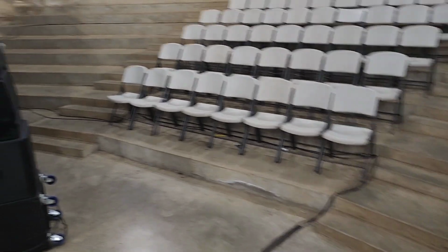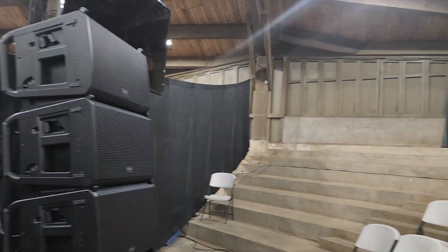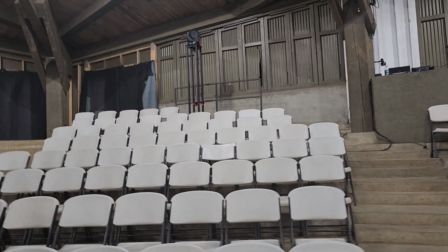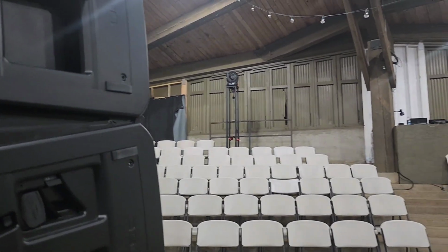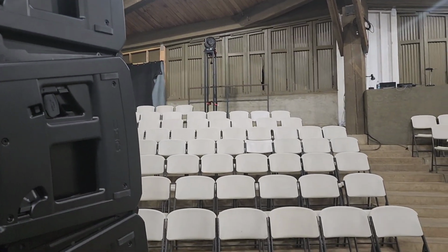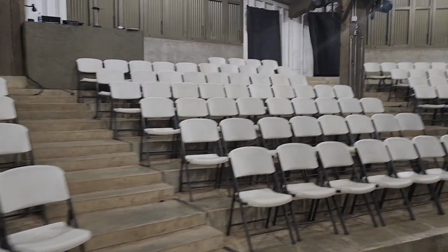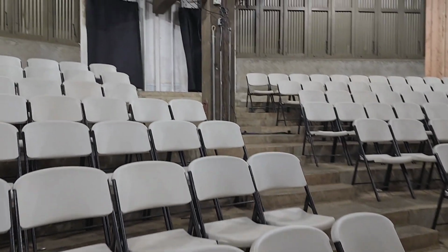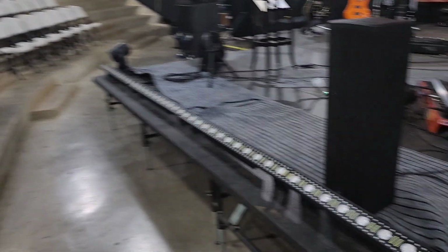These line array systems are amazing for filling the space. They direct that audio right to the audience, right? It's essentially beaming at a 15-degree angle from the speaker to the audience. Now, the downside of using a line array setup like this is that it is a 90-degree dispersion when you're looking side to side. So once you get somewhere about here-ish in the middle of the room, you lose the audio from those speakers,